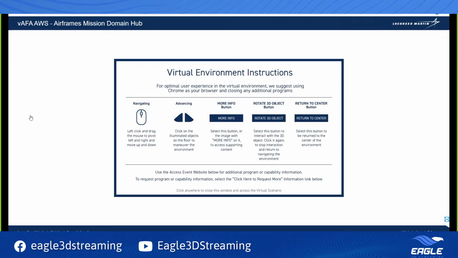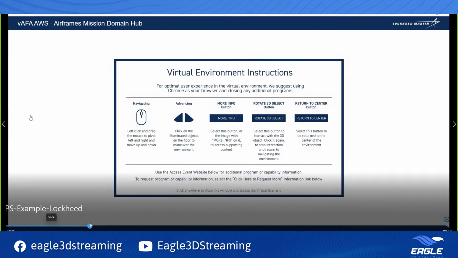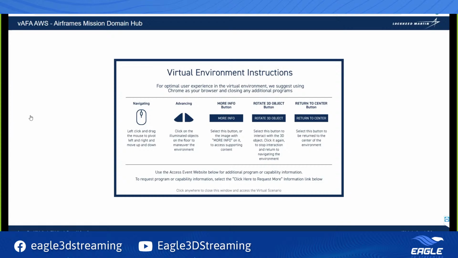A question just came in: is there a way to have the game preloaded at a specific time to remove some of the wait time? The answer is, as of today, yes, that is now possible. But when Aaron and I were working on this project back in the day, there was a loading time, and we did have to figure out what to do. Even if we can reduce the wait time, I still like this video as an idea, and definitely the tutorial is a must. What do you think, Aaron?